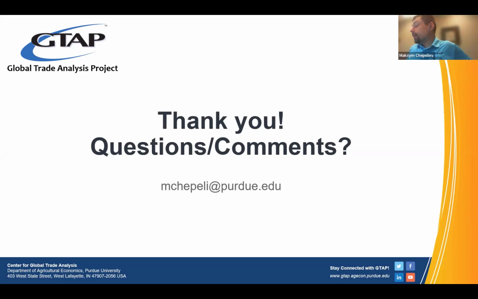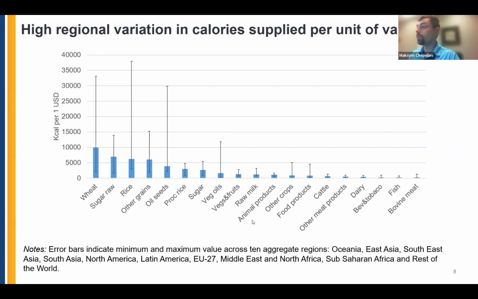So in terms of the other food sector, indeed, it's very heterogeneous. What we're observing is a large variation in calories per US dollar in this sector. For instance, on this chart, we see these food products, which are a combination of many processed food commodities. Now in the constructed database, we can trace the composition of the food processing sector. At least in the reference year representation, we can trace what are the primary commodities coming into this food processing sector, and in this way, at least to some extent, disentangle them. But otherwise, in the modeling applications, that could bring us issues because of very high heterogeneity in the composition of this sector, in terms of changing sources of imports of these commodities and